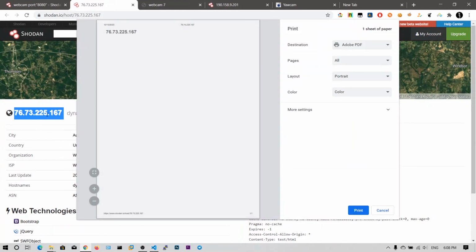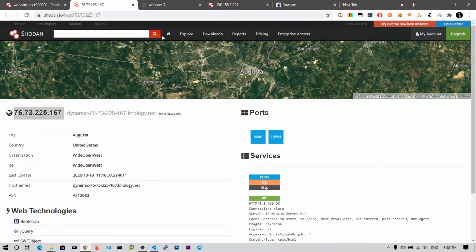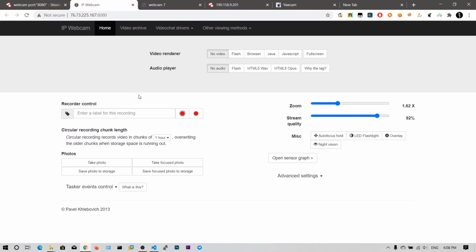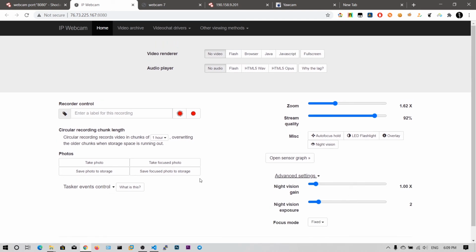Sorry, if I go to this port 8080, there you can see it did not ask me for any login. Okay, now I think we can see what's going on at that camera.